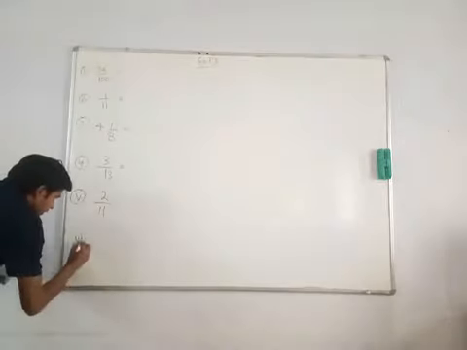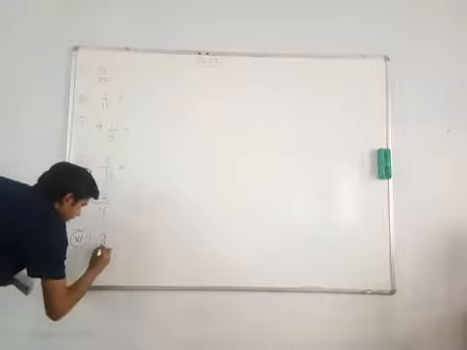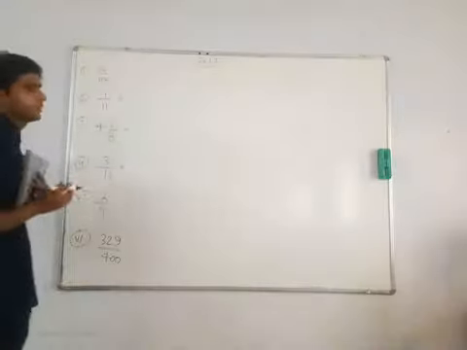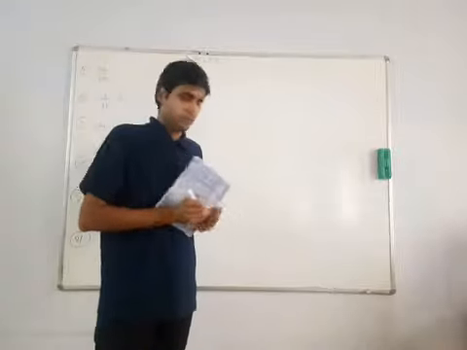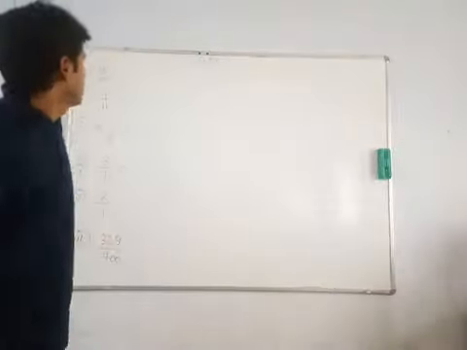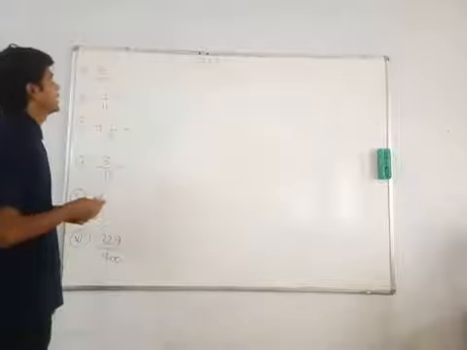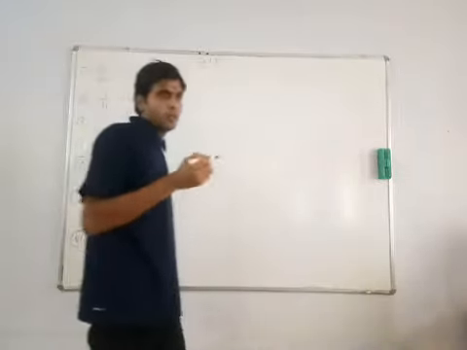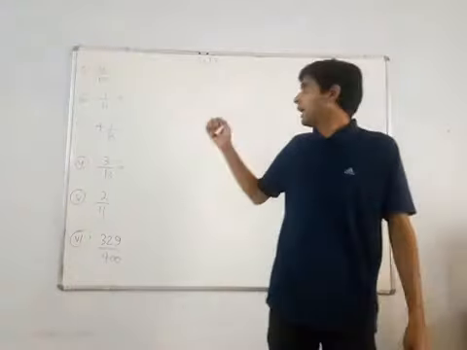And last, 329 upon 400. Right? In this question, you have to see which type of decimal expansion it is, either